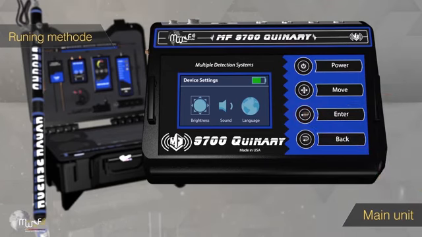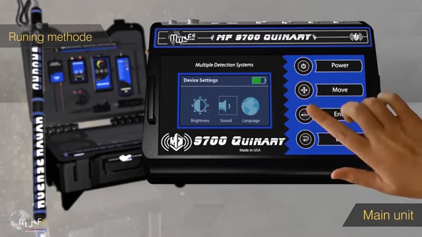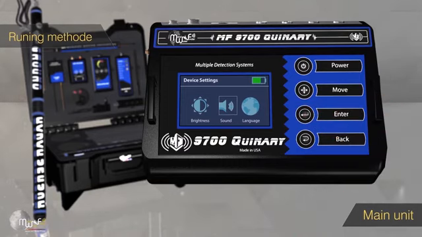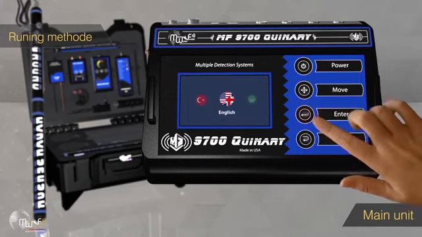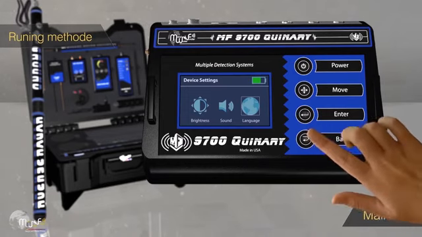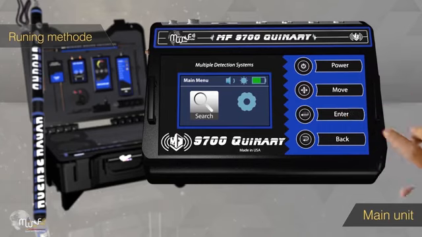Device general settings include control of the screen brightness level, control of the sound level, control of the device main language. Then go back to the main menu and select the search system icon,